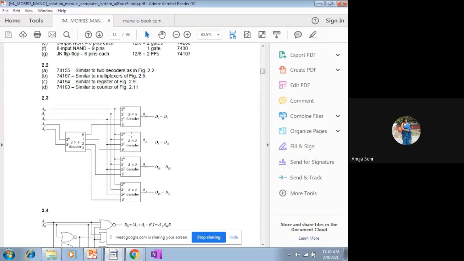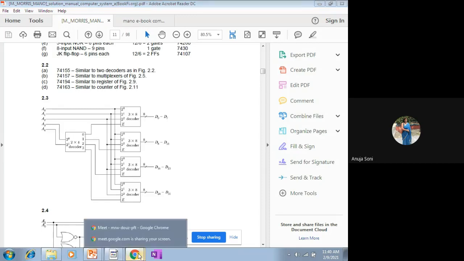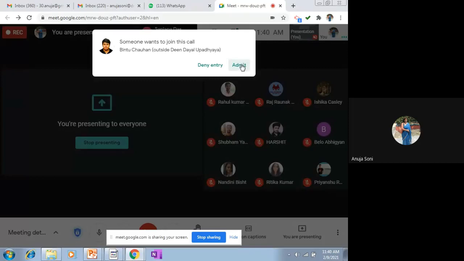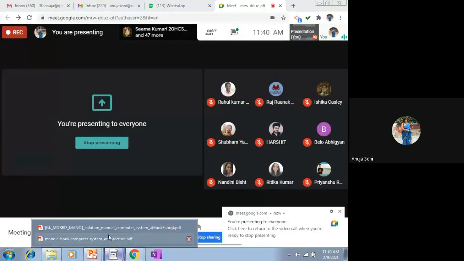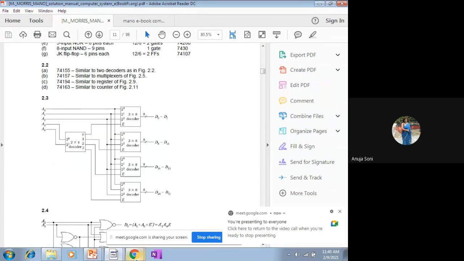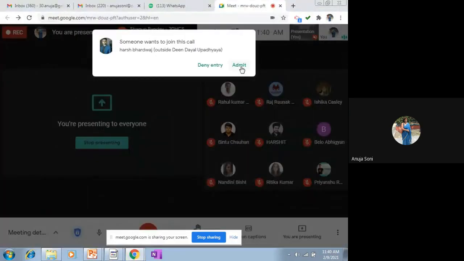Those 4 output values will select one decoder at the moment, that is, enable one decoder at one moment. Whenever the output value is 0, it is connected to the enable signal of the first decoder. When the output value is 1, it is connected to the enable signal of the second decoder. Whenever its value is 3, it is connected to the enable of the next decoder. Right? So this way the diagram has been drawn for the combinational circuit, the decoder of the size